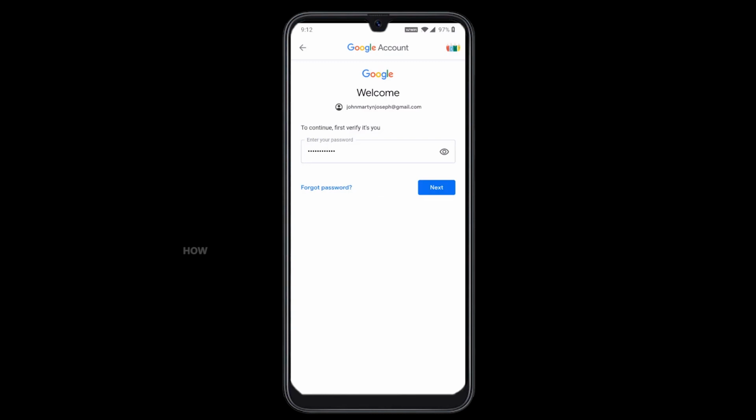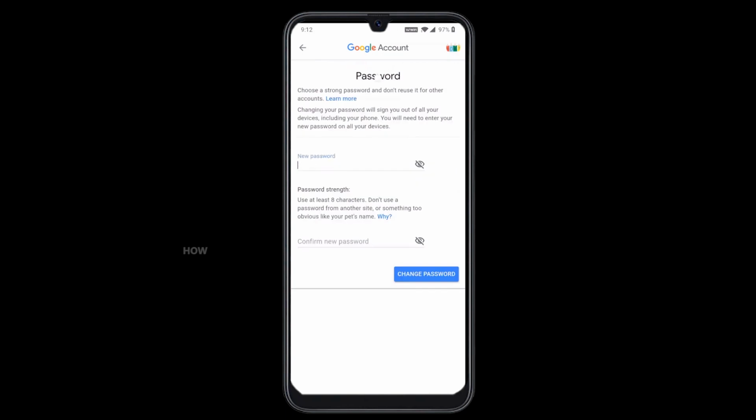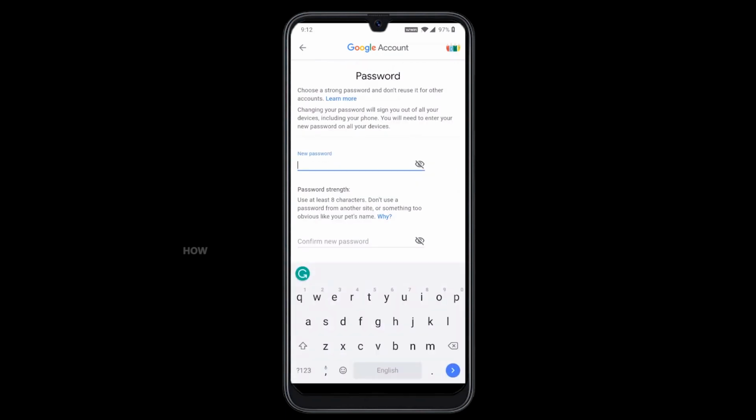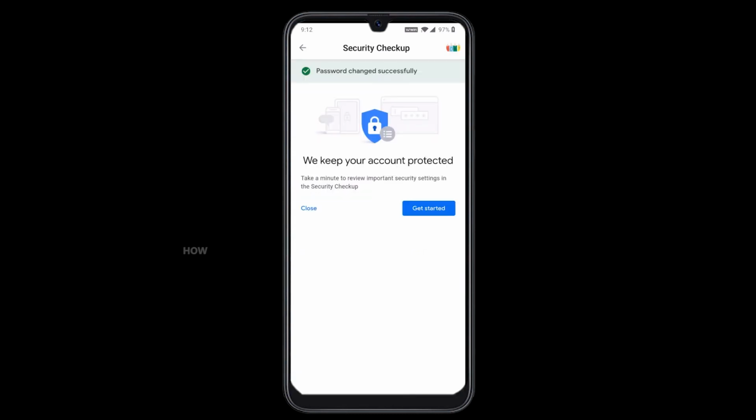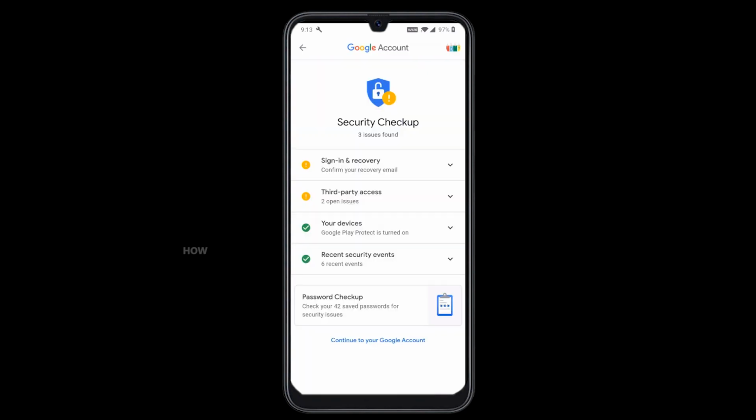Give your current password, click next. It will show you the password changing option. Give your new password and confirm the password, click change password. Automatically your password is changed. Password is changed successfully. Keep your account protected. Click get started. This is an easy way to change your password using your mobile phone and laptop to secure